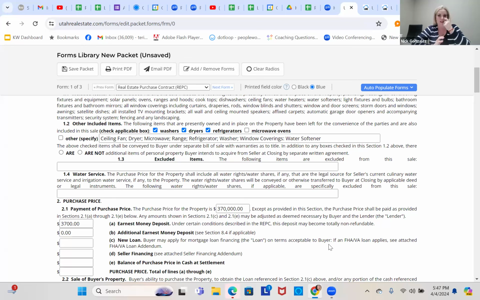So let's just say the lender tells me they're putting $25,000 down in cash, or let's do a percentage. We'll do 370. And let's just say that they're putting 5% down. So that's $18,500. So now what we have to do is we have to remove the earnest money or subtract it, because